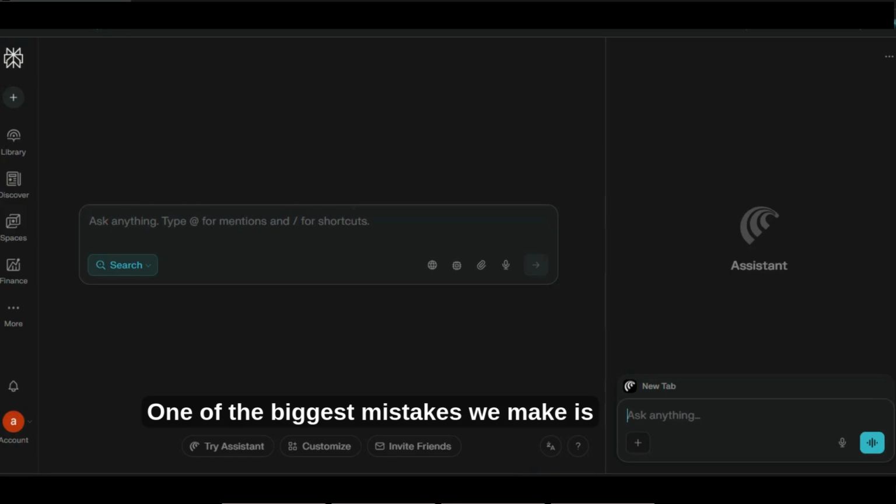One of the biggest mistakes we make is using the wrong mode for the wrong task. We copy long articles into chat mode instead of using browser mode. Others try to create content inside browser mode and wonder why it feels boring. And another common mistake is giving very vague instructions. Comet AI works best when you clearly explain what you want and why you want it.